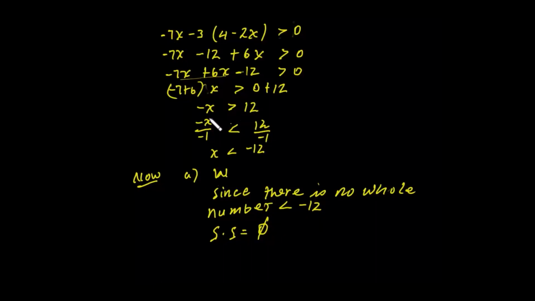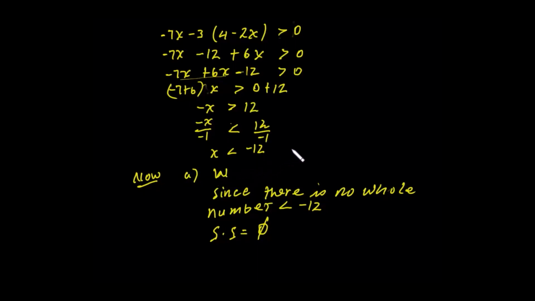ይሄ -12 በፕላስ 12 plus 12 both sides of the inequality። ስለዚህ ሳይኑ አይቀይርም። ስለዚህ -x is greater than 12 ይመጣል። አሁን በኔጌቲቭ 1 ማብዛት ወይም ማካፈል ነው ያለብን x ለማግኘት። ስለዚህ ስናካፍለው the sign must be reversed። greater than sign should be replaced by less than sign ስለዚህ በless than sign ይተካል ነው ስለዚህ negative over negative positive ነው 1 times x ነው x less than negative 12 ነው።